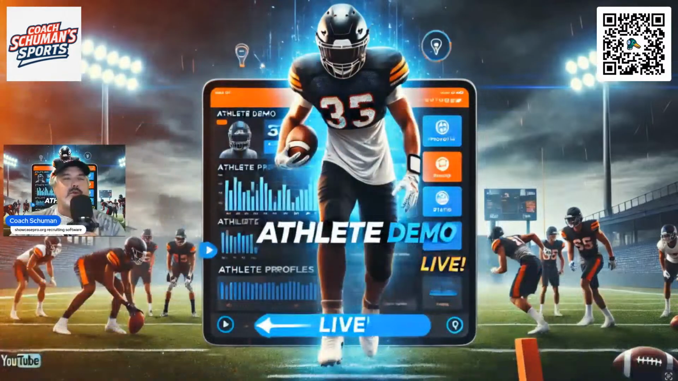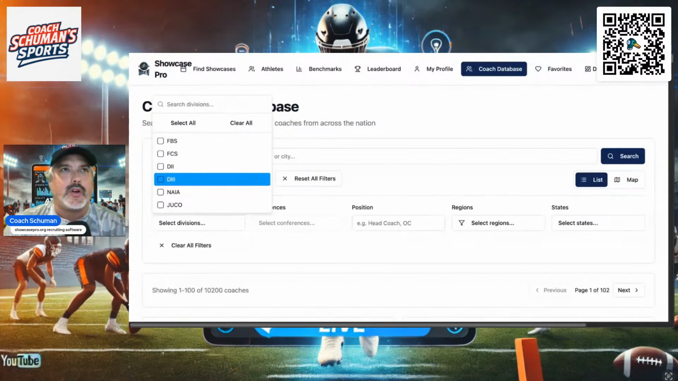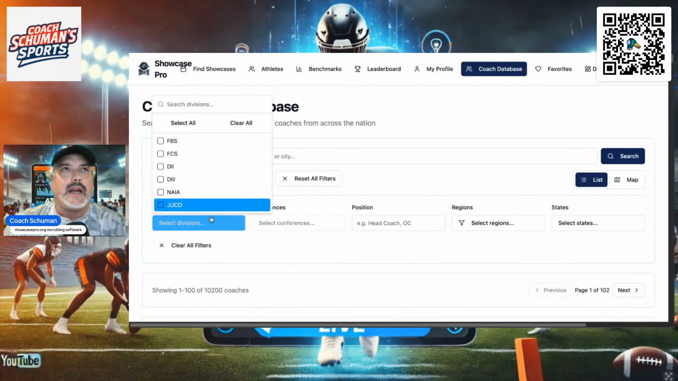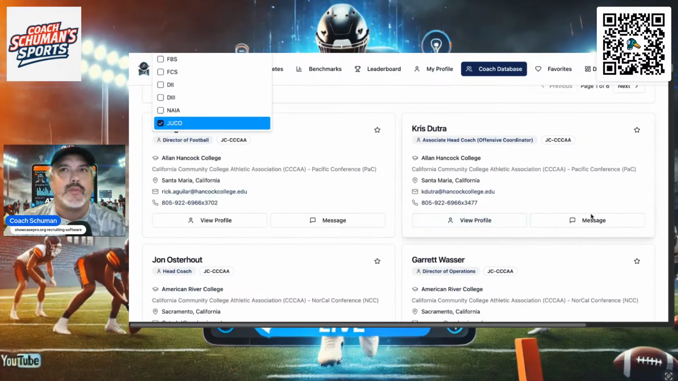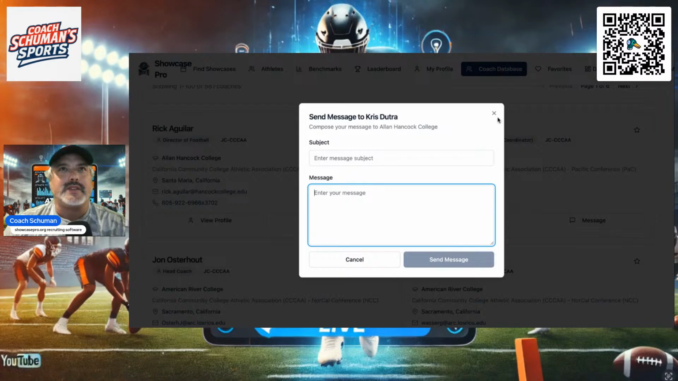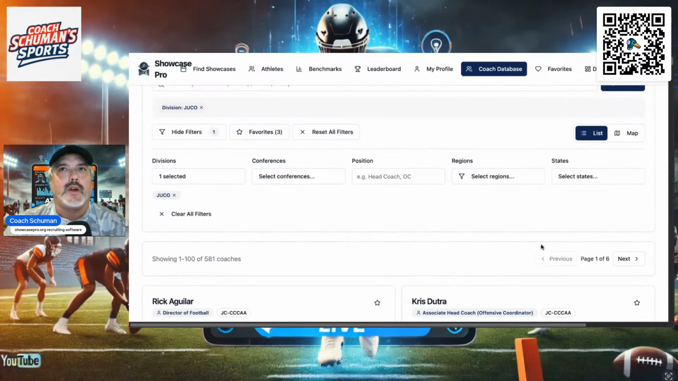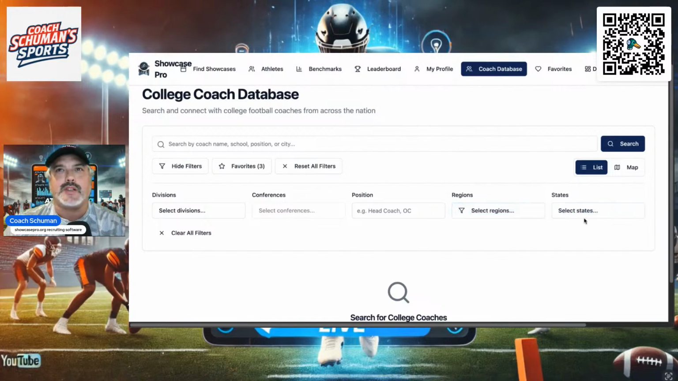All right, so we're going to review a couple more things within this system, and you'll see quite remarkable. So we're looking here at the coaches database. So like we started with before, this is JUCO, for example. You could then message those coaches, send them any message directly from there, okay, which is pretty amazing. You could reset the filters. You could search by region, by state,